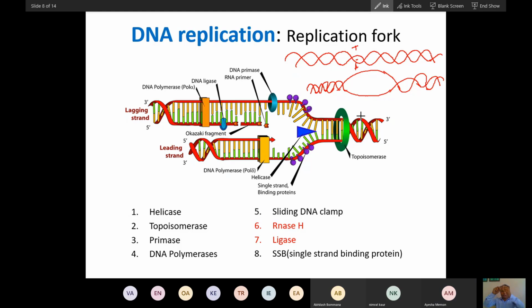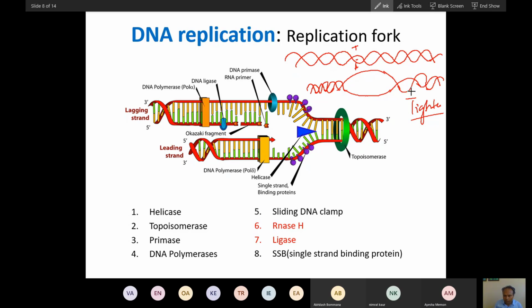You can conceive that when something is folded, like a rope that is coiled, if you put a finger and separate the two strands of the rope, what will happen? At the end there will be supercoiling. This end will be tightened, and that tightening will inhibit further pushing of your finger, doesn't it? Yes, sir. So that supercoil will be loosened by this topoisomerase.